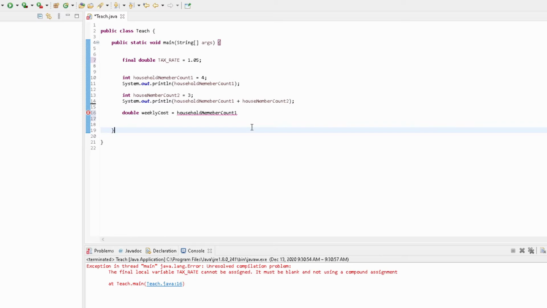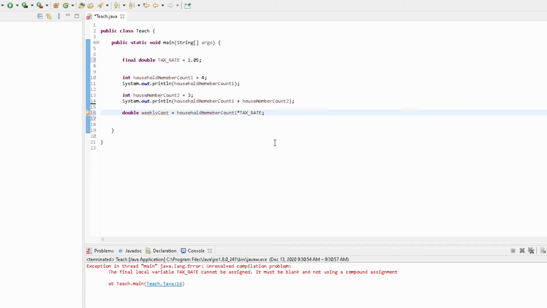Did I spell it right? Probably not. Okay, so I'm just going to use this one. Okay, it still doesn't like it, there we go. We're going to multiply it by tax rate for some reason. And so that shift 8 is a multiply,